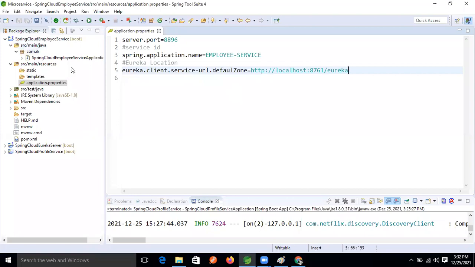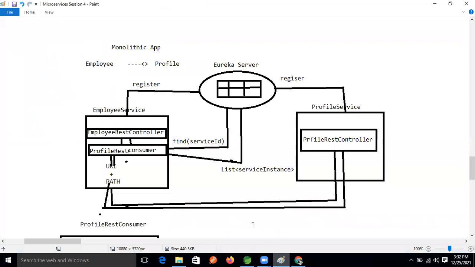After that, we will develop one employee rest controller. We will develop one component. Sorry, this is the rest controller only, but we will annotate it with @Component. No issue.